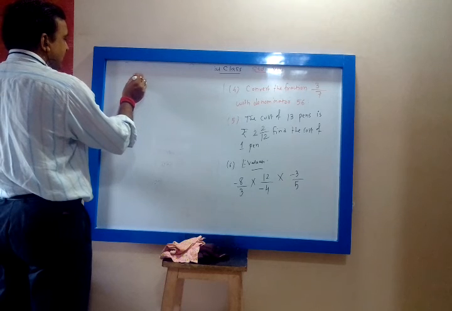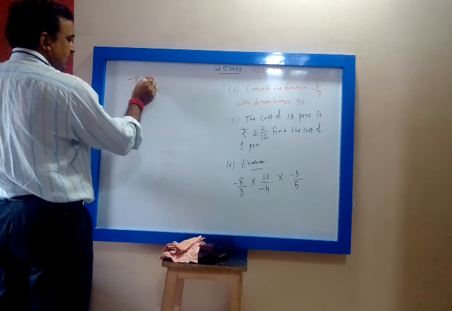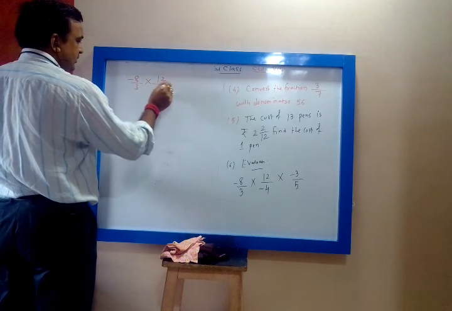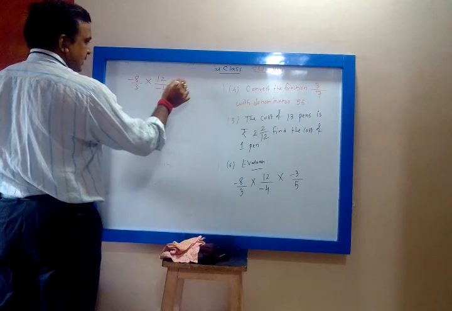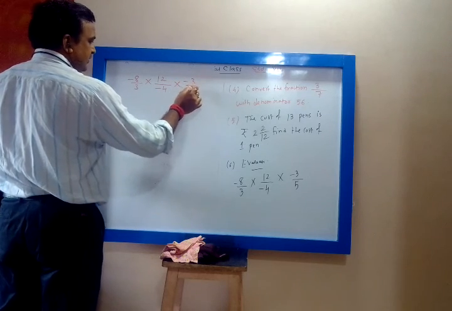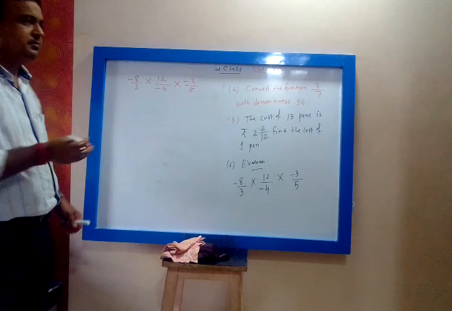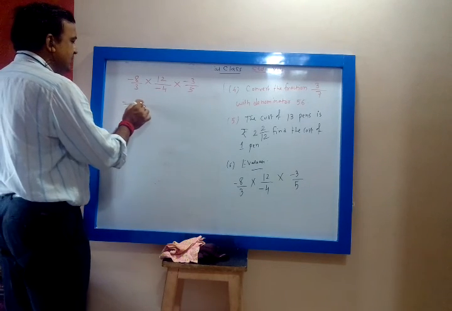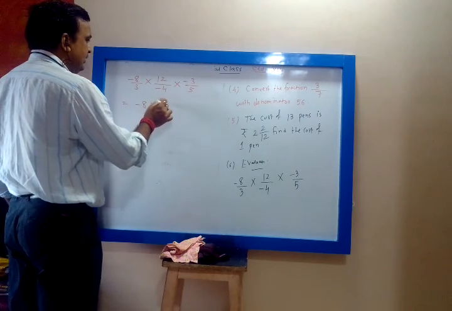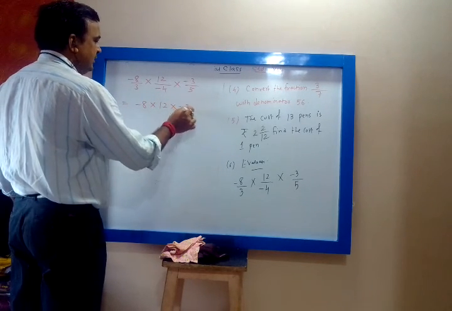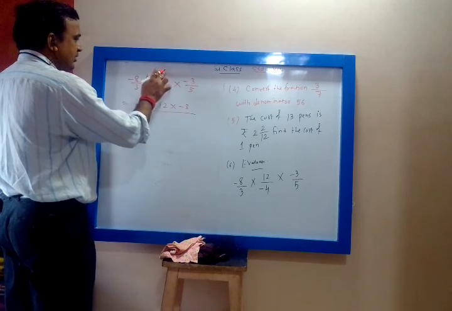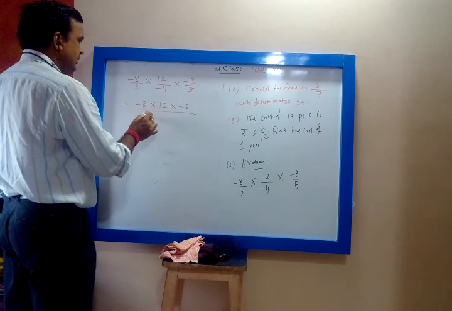Minus 8 upon 3 into 12 upon minus 4 into minus 3 upon 5. So how do we multiply rational numbers? Multiply numerator to numerator: minus 8 into 12 into minus 3, upon denominator, 3 into